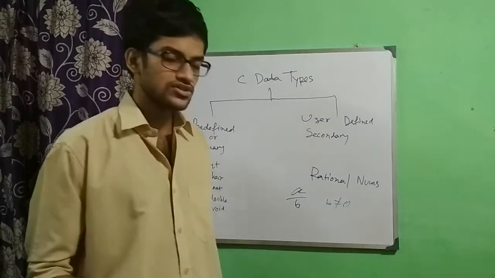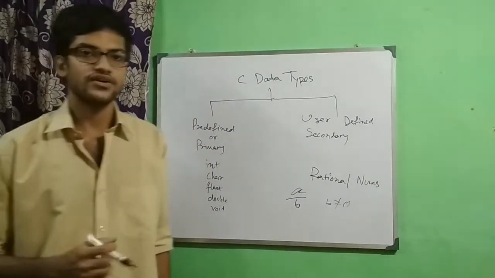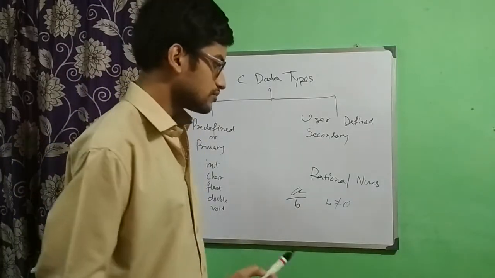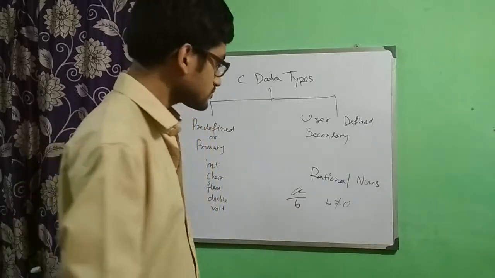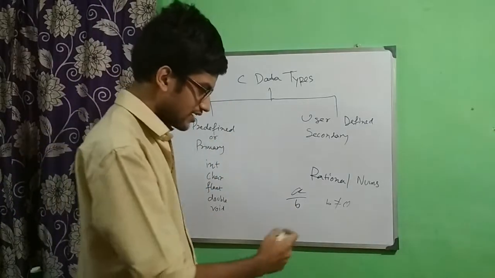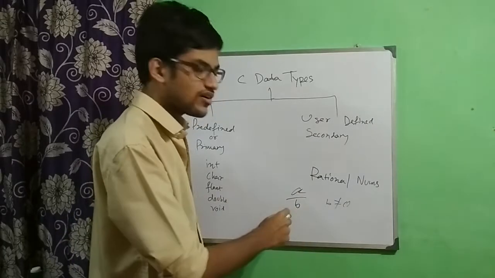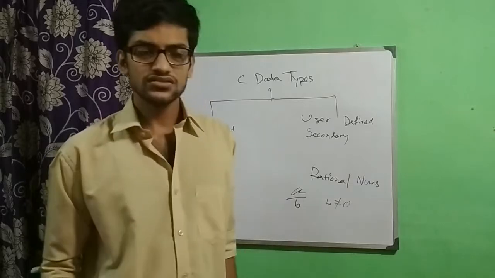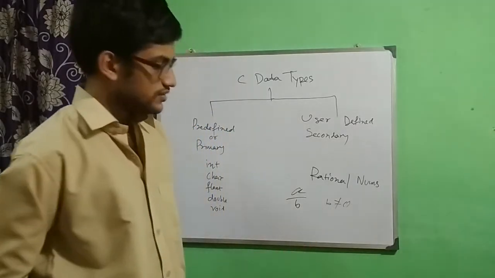In case of programming, this will give you an error. In case of mathematics, this will say that this is undefined. In programming, there is no such thing as undefined, so this will give you an error. Now A by B, B not equal to 0. So I cannot put any number in the denominator which will be 0. The denominator cannot be 0. So this is a rule for the rational number.